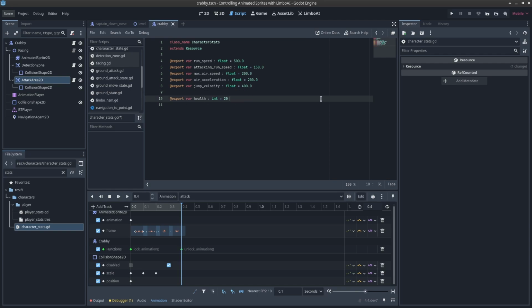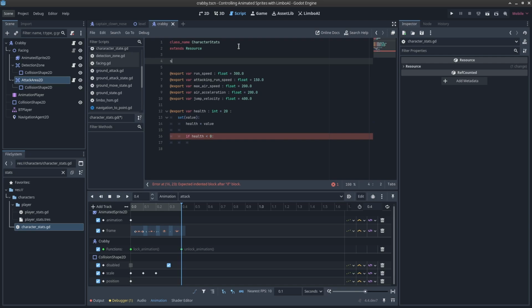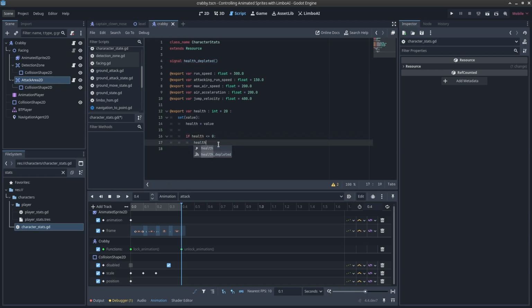But when the health gets set below 0, I'm going to do a setter on the property here. So set value, health equals value. If health is less than 0, then I'm going to emit a signal. So our stats resource can have its own signals. So signal, I don't know, health depleted. So if the health is less than 0, then we'll say health depleted dot emit, and now we can react